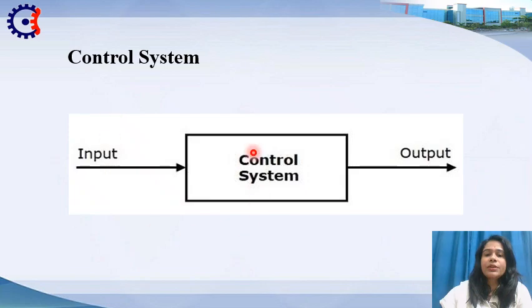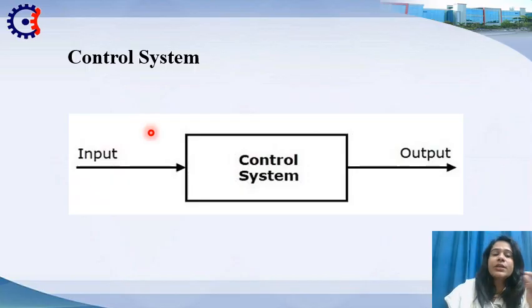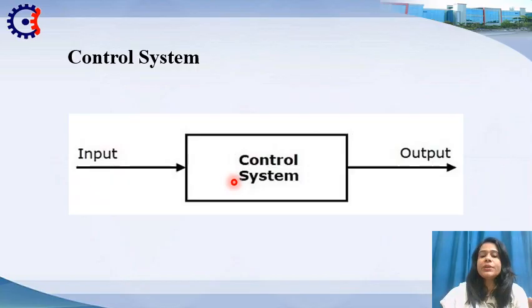Control system. Control system is a way of arrangement and combination of elements or components to provide high stability, high speed, minimum error, and desired output. These are the input and output. Input is sometimes entered into a machine or other system in order to produce the output. The output, the actual response obtained from a system, is called output.